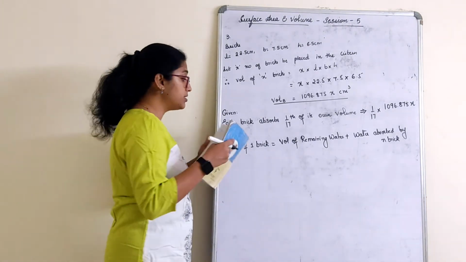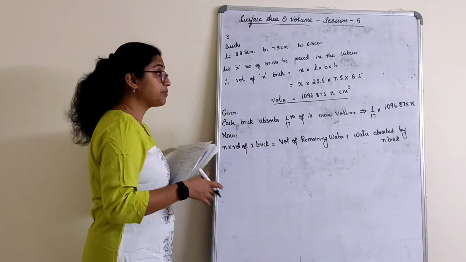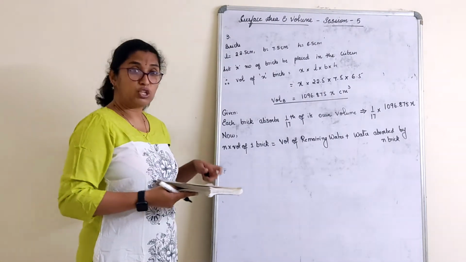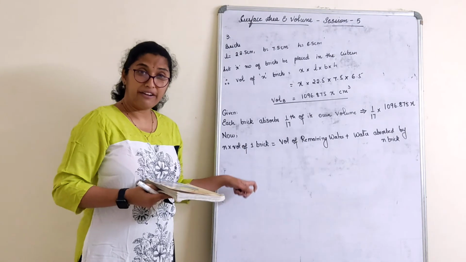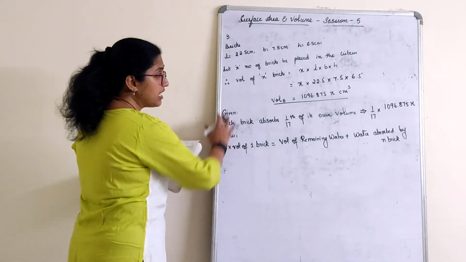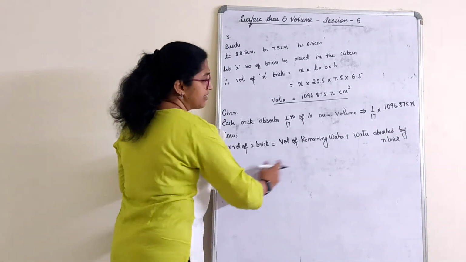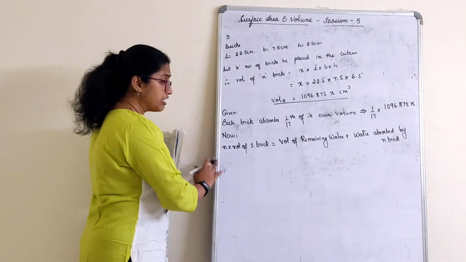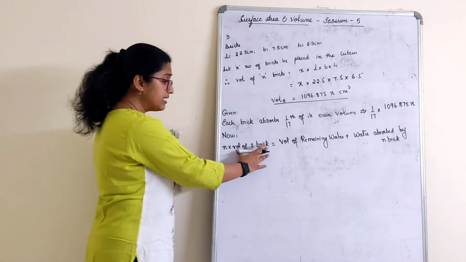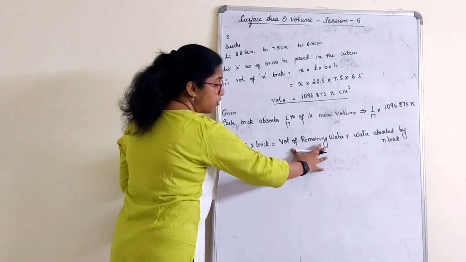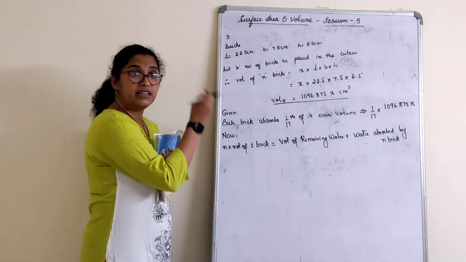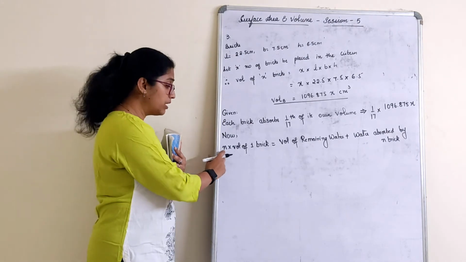Yes? Let's do this long calculation, children. See, the sum seems to be very difficult at first go when you do. But if you actually understand step by step what I have done, how we have written, you will get an idea. Now see, our work is done. I have arrived at the final part now, where my work is only to substitute. Once I substitute, what will I get? I know the volume of one brick. I know the volume of remaining water. I know the water absorbed by n bricks. Everything is there. Our work is only to substitute now and find n.